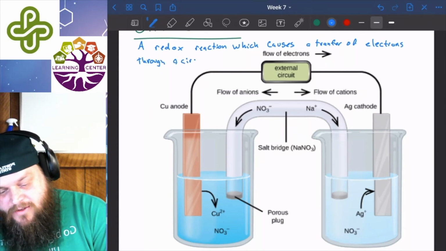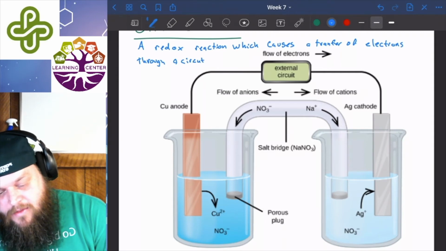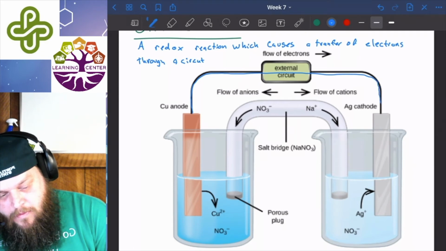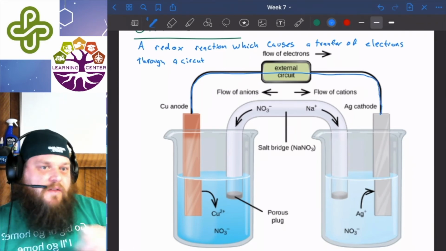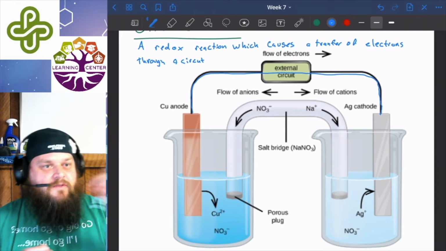But when I say circuit, I basically mean there's a path of the electrons flowing this way from one to another. It creates this flow of electrons. And in electronics, we call that a circuit. It's any path for electrons to travel,